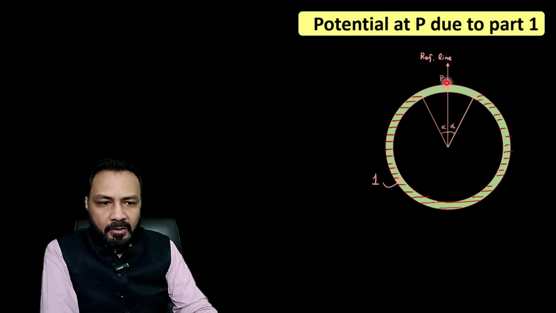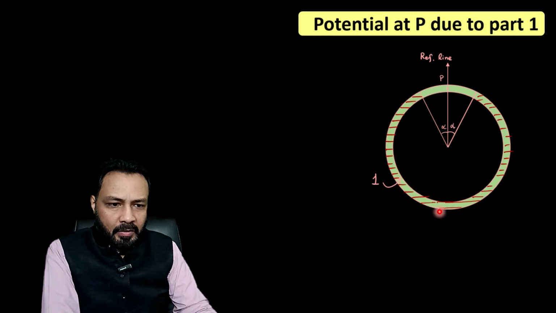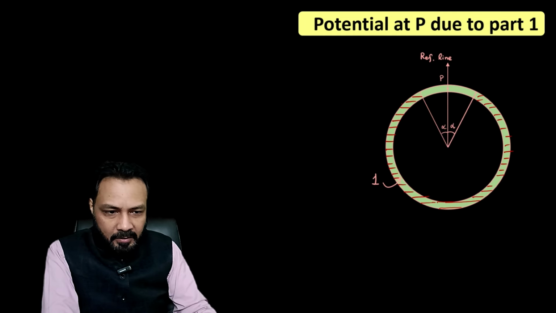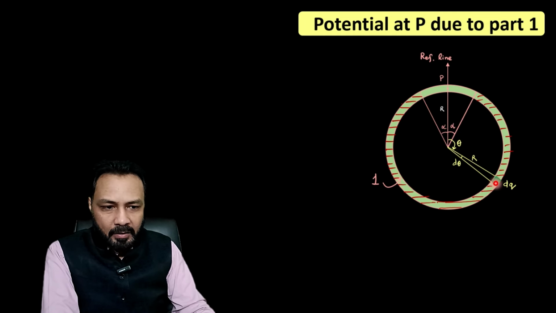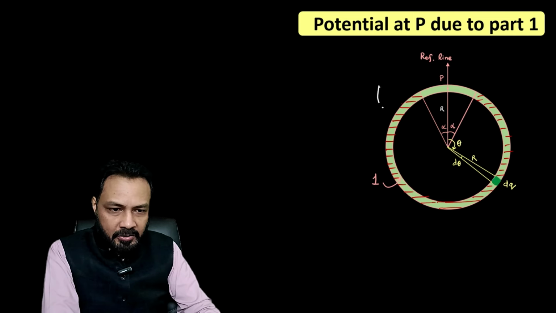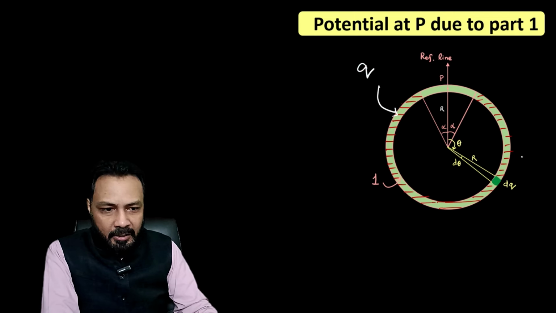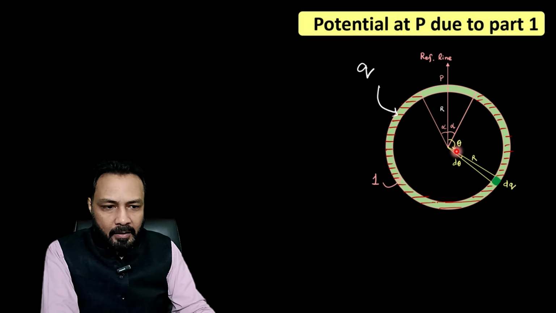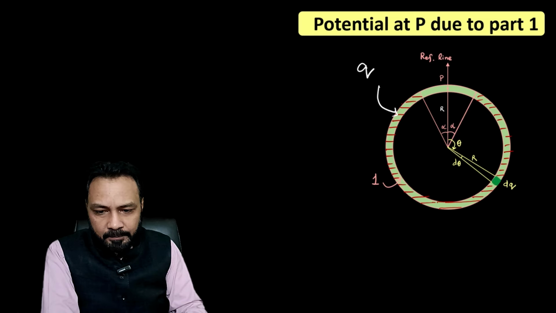So let's calculate the potential at point P because of part 1. For that, let me take this as my reference line, from where I will take the angular position. The positive sense of angle is clockwise, and let me take this little element. Suppose if I give total charge, say small q, to the string, this element has a charge dq. The angular position of this element is theta from the reference line, and this dq will obviously be,